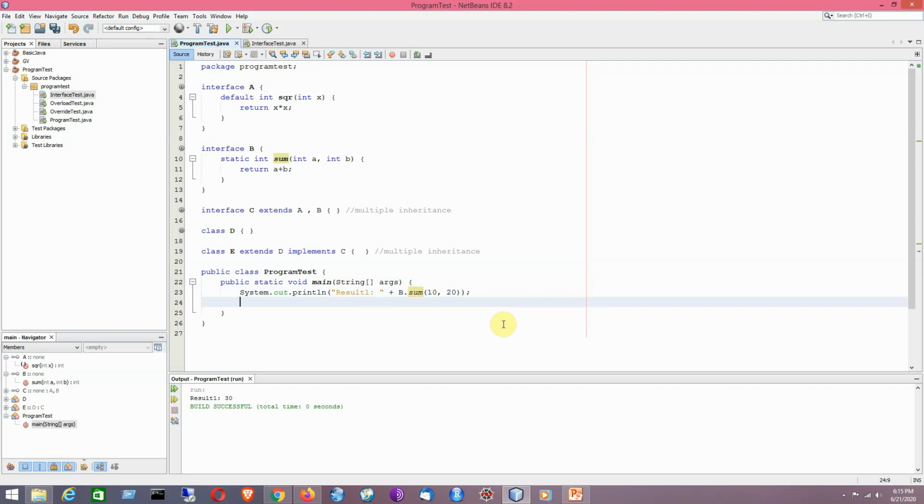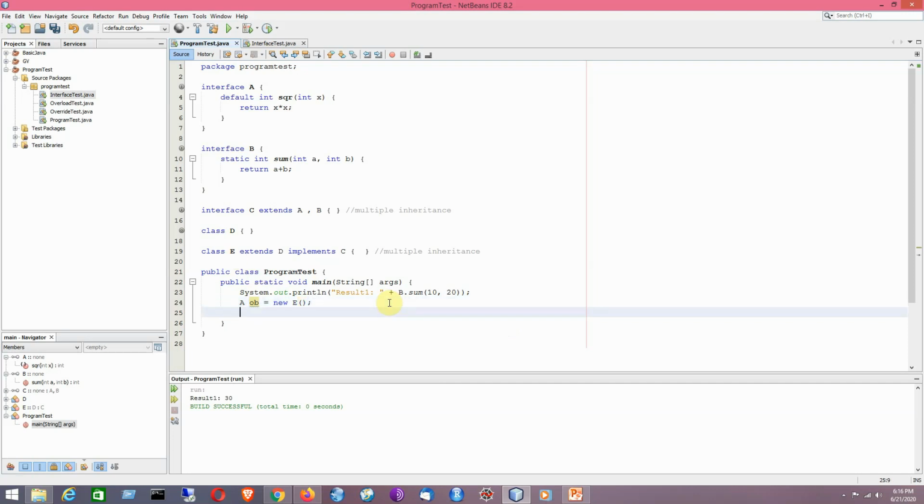Say for example I am writing here A ob, that is the name of the object reference. An interface can have object reference, there is no problem. So now I'll be writing here new E. E is basically a concrete class. So I can write here.